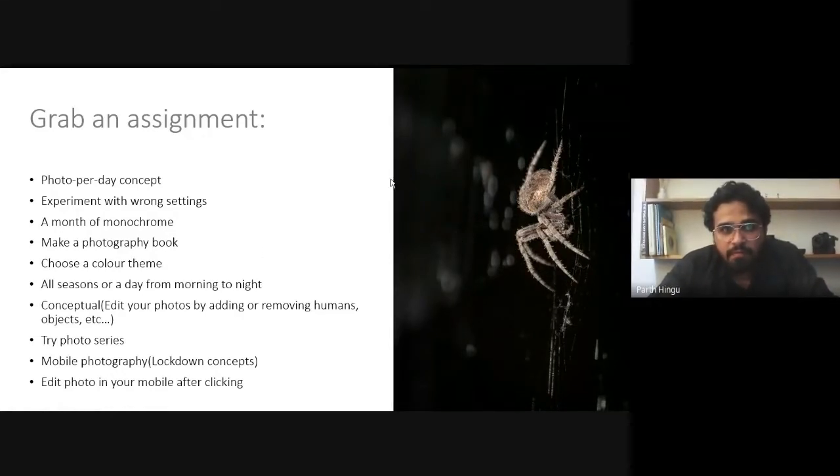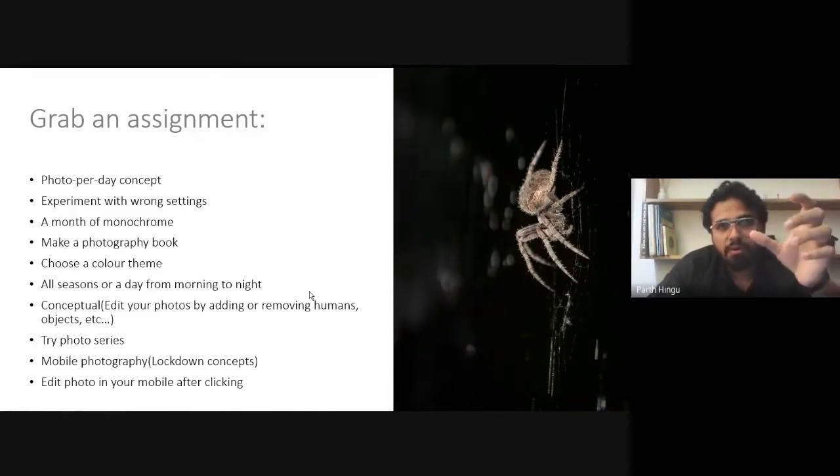Make a photography book with all of your good photographs. Then choose a theme, like I want to click photographs with just red color. So click photographs with some red color, across all seasons or a day from morning to night.